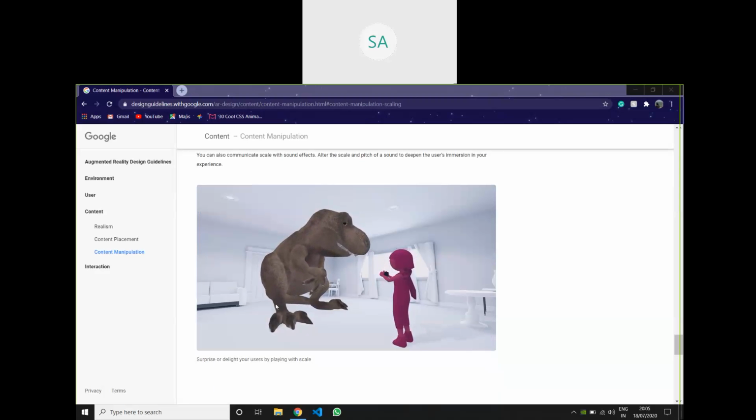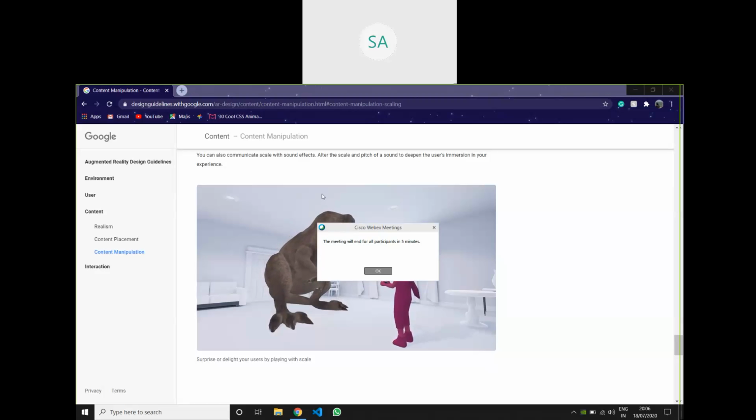If there is a dinosaur, it should be at this scale only. If it is such a small thing, then it would be hilarious for us to see. And if it is a couch, it should look the way it looks here. If it is at the scale of a dinosaur, it looks absolutely terrible. That is the worst thing to design in such a way.